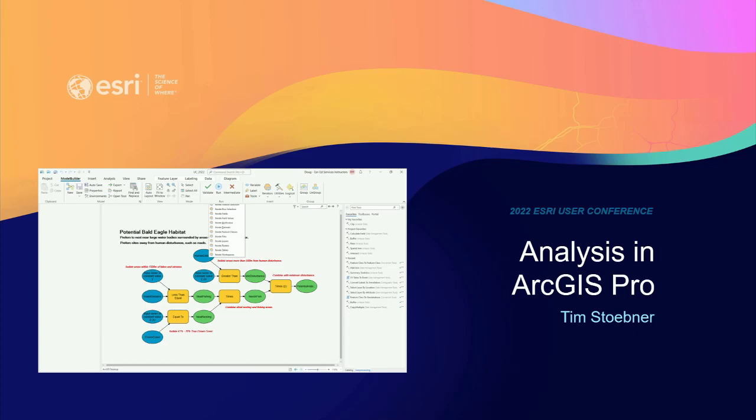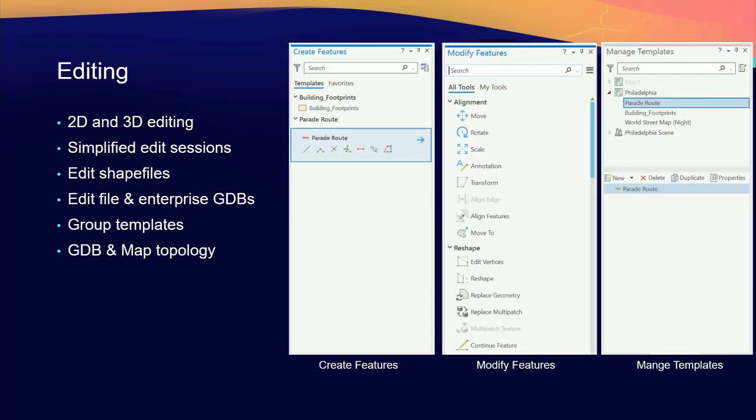Going to continue on, and we're going to discuss editing. As we know, our real world features, our environment is actually always constantly changing. So within ArcGIS Pro, we have a robust editing capability. Not only can we edit those 2D features, such as those points, lines, and polygons, but we can also edit those 3D features as well to create some very visually appealing